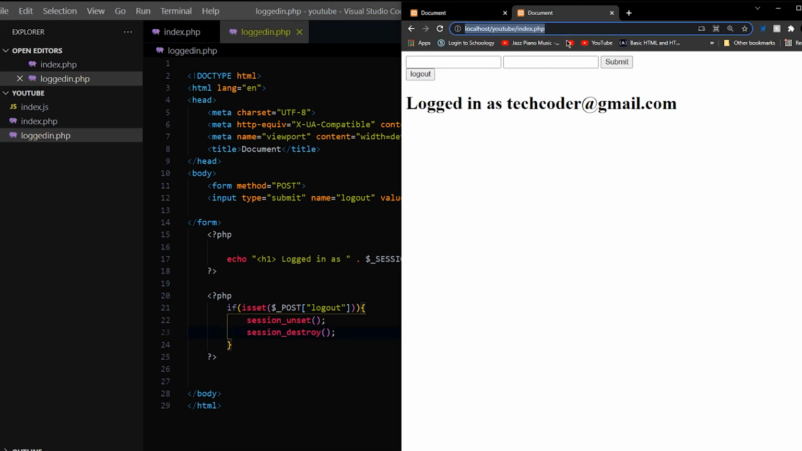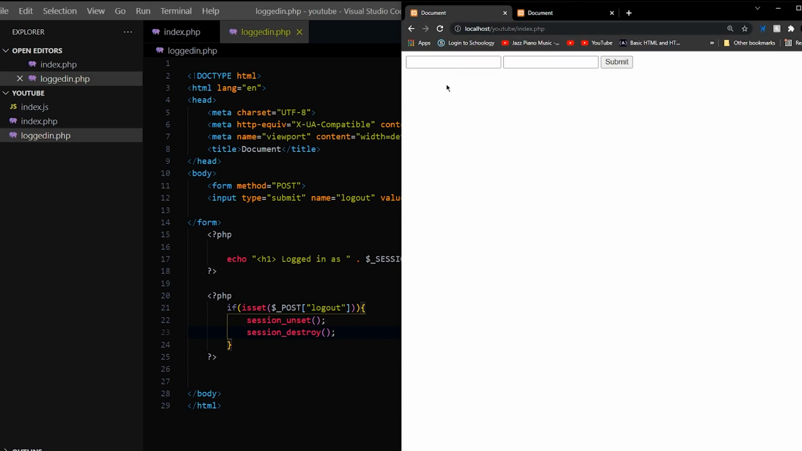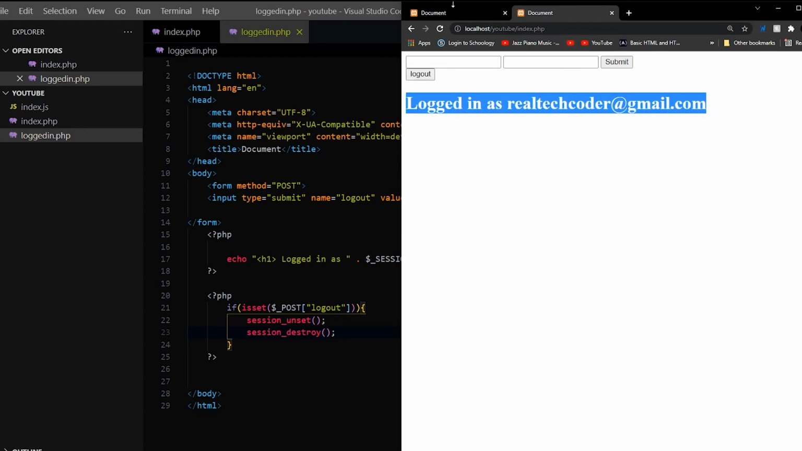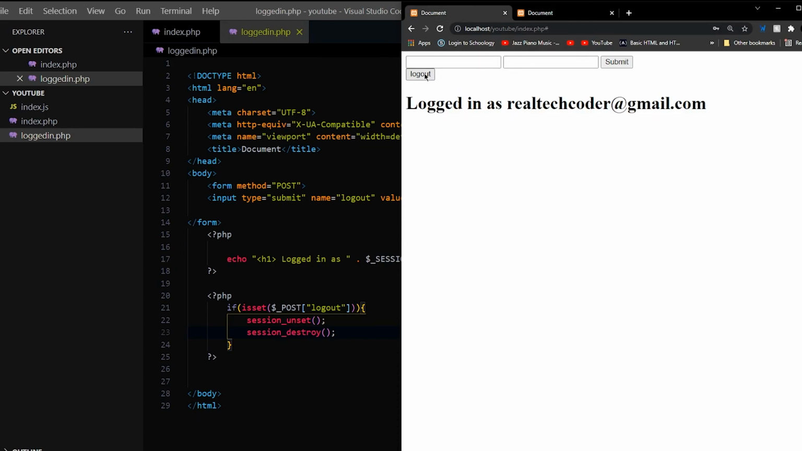Now if we press the logout button and refresh the page, as you guys can see, we're not logged in anymore. Over here, let's delete that and refresh. As you guys can see, we're logged out. And let's try that again. realtechcoder@gmail.com. Submit, logged in as realtechcoder@gmail.com. Refresh, logged in as realtechcoder@gmail.com. Log out, refresh,